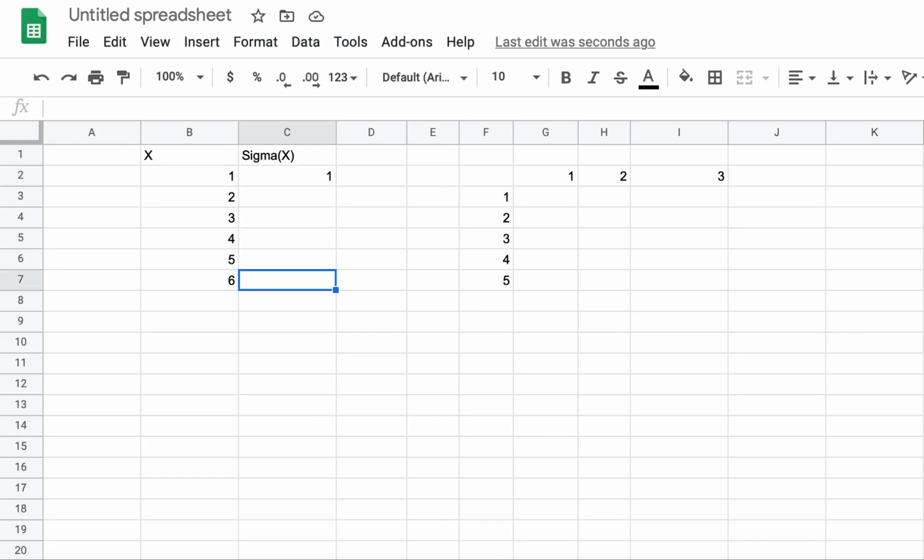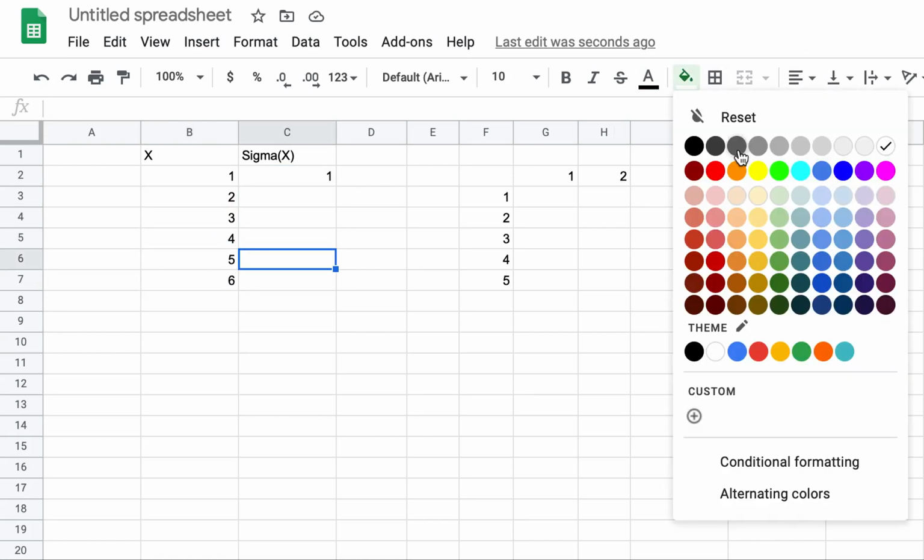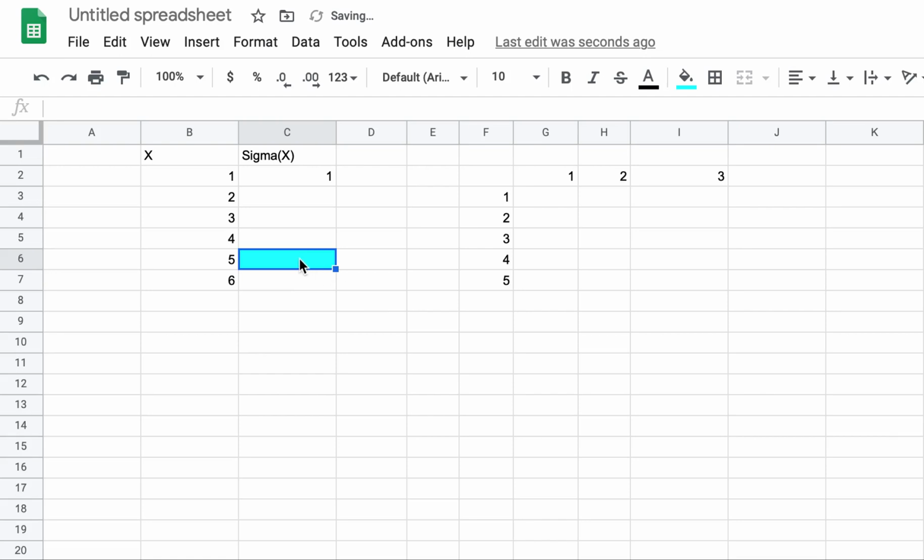Think about it, right? Like for example, if you look at the number 6, if in this cell, let me color it, if in this cell I have the total of all the numbers from 1 to 5, if you remember the mathematical induction from your school days, it is like that. If in this cell I have the total of all the numbers from 1 to 5, then in this cell it will simply be this total, which already has 1 to 5 total, plus 6. Add just one more. Now when you go to 7, you have to take this one, which anyways has all the total till 6, and you have to add 7. So it is very simple actually.